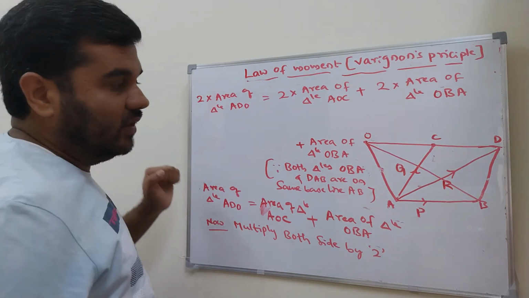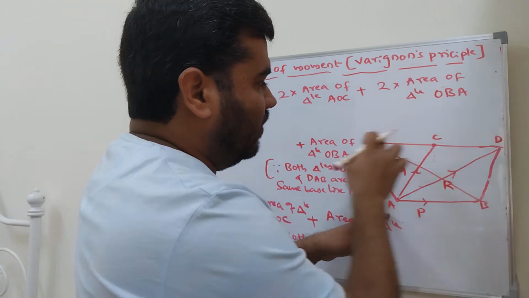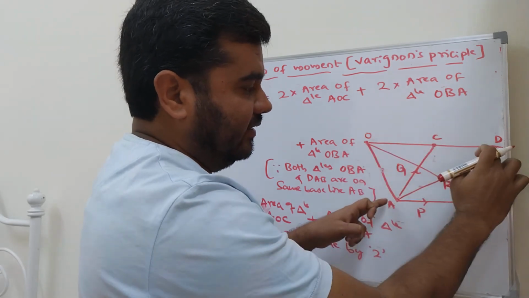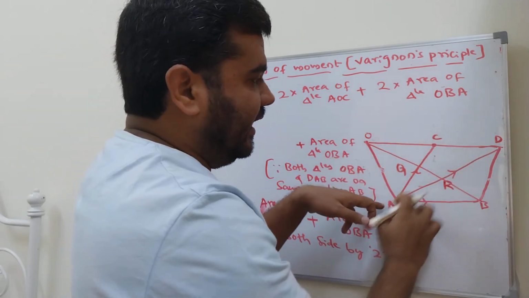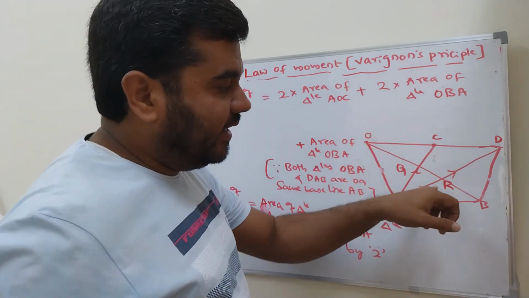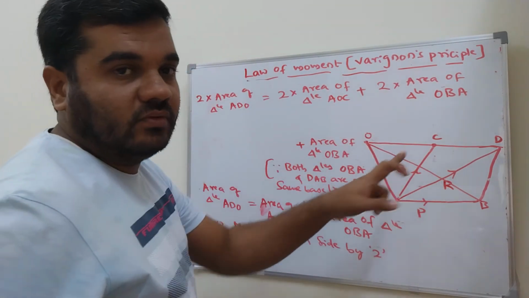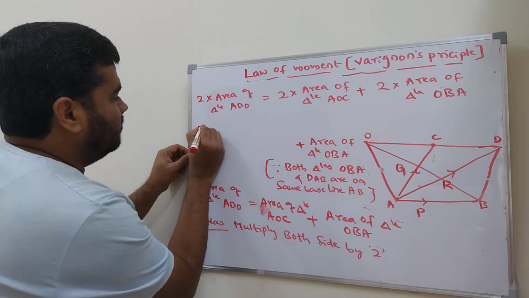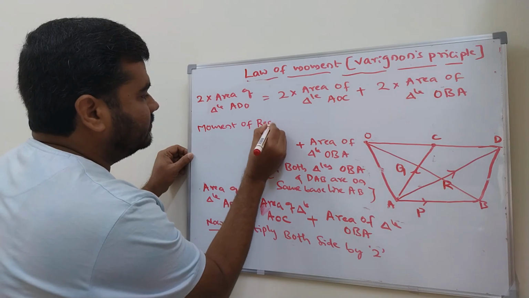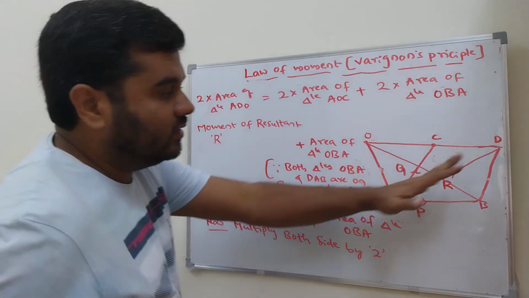Okay, now the 2 times the area of triangle ADO, what is that? It is the resultant, because the resultant is AD, and you want the moment about O, so you made a triangle. So 2 times the area of ADO is nothing but the moment of the resultant about O. Can I write the moment of this resultant about O is nothing but 2 times the area of triangle ADO? That is, the moment of the resultant R about O